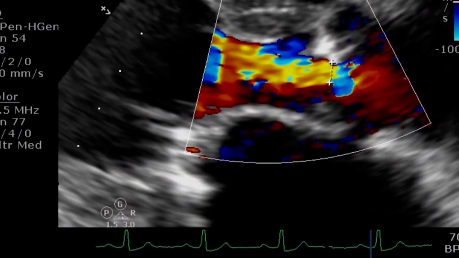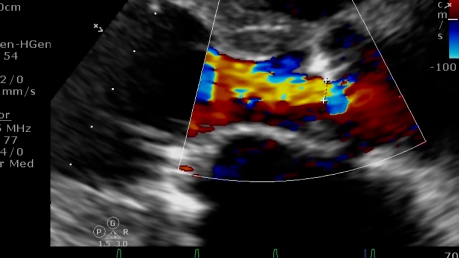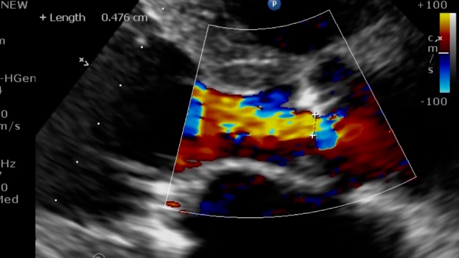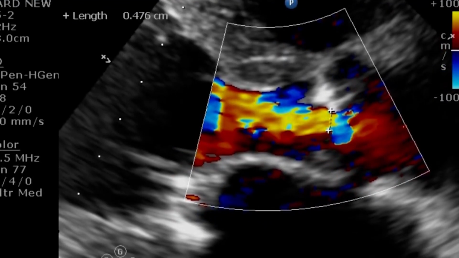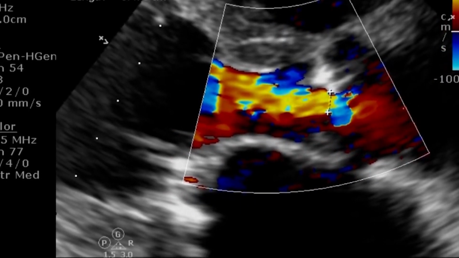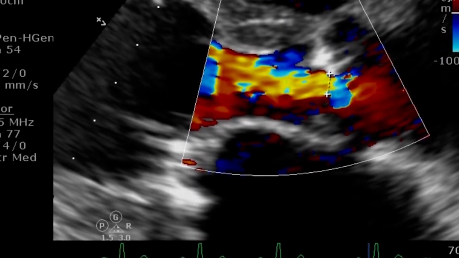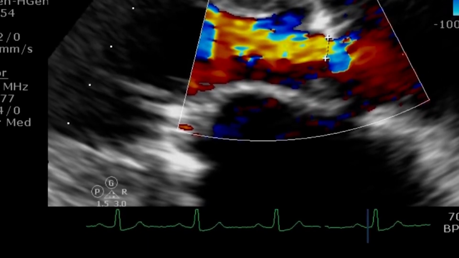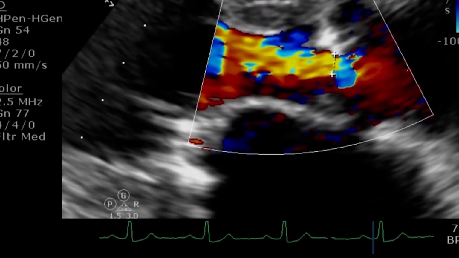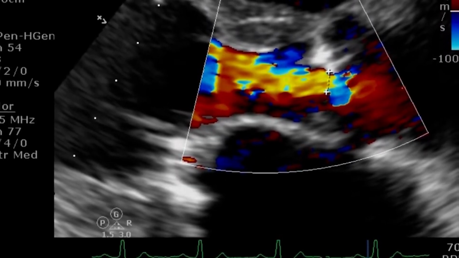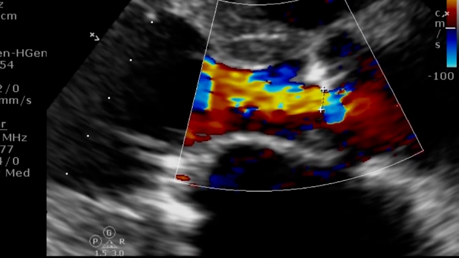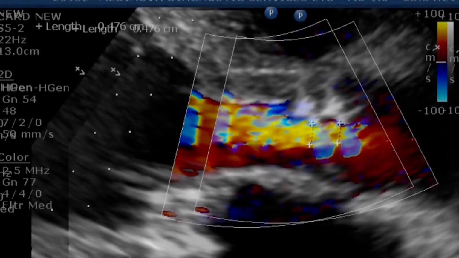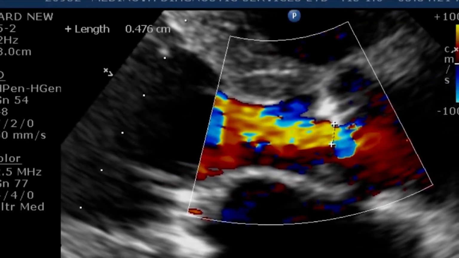Just to demonstrate how to measure vena contracta of aortic regurgitation, I've chosen a case of rheumatic heart disease with both valve disease. Here there is mitral valve involvement with mitral stenosis and aortic valve involvement with a moderate AR. Now we need to zoom in on the left ventricular outflow tract and get a good color Doppler tracing to visualize the regurgitation jet. And we identify the narrowest portion of the jet, which occurs just downstream from the flow